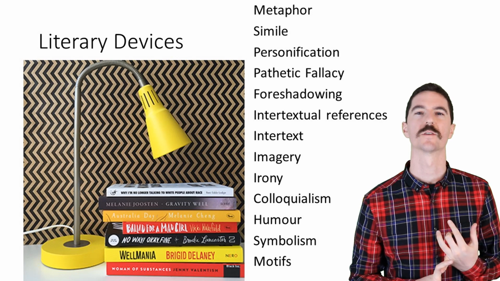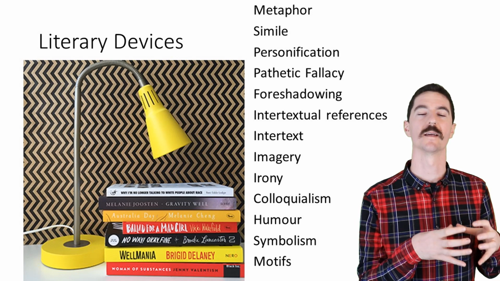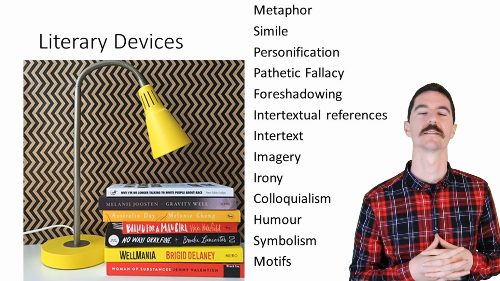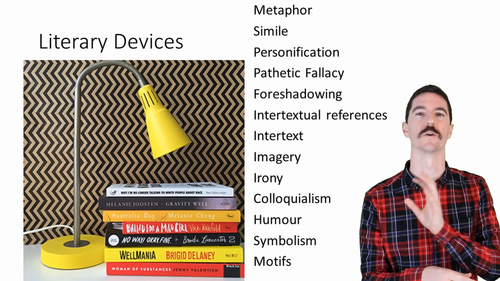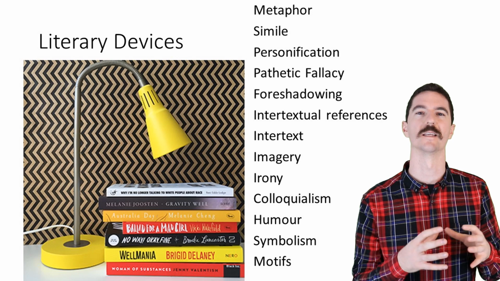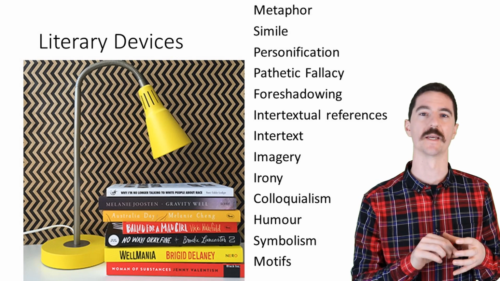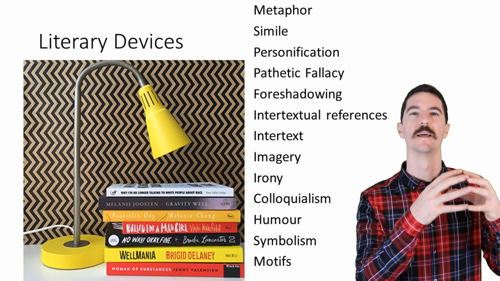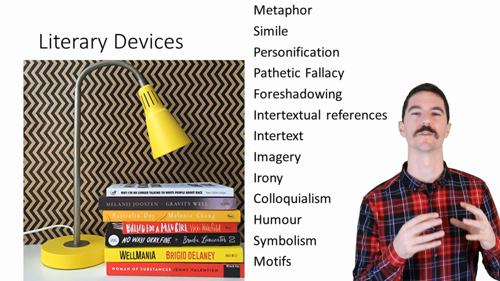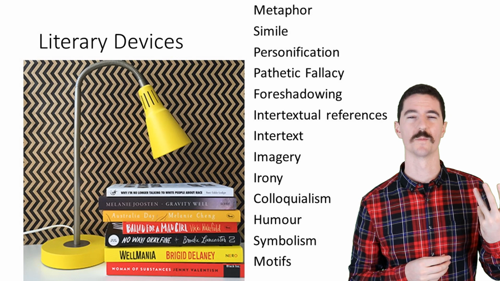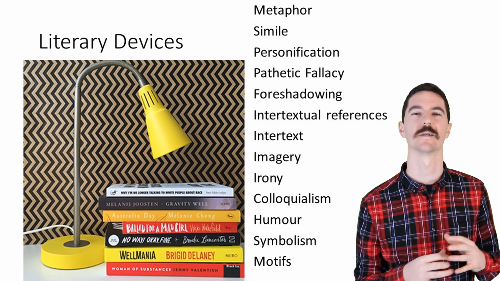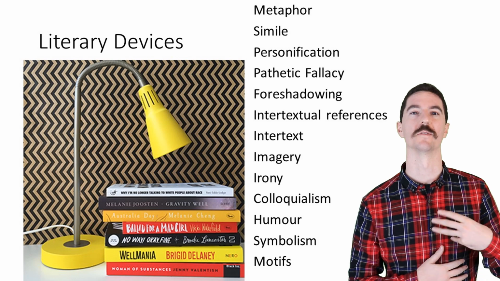There's a couple of intertextual references, so this is basically when one text, this book, references another text or another series of texts. Could be a movie, TV show, book, magazine, anything really that takes you from one text and makes a connection to another text. While intertext is exactly that, so it's those texts directly quoted or sampled within the story. So there's one particular story that has a little nursery rhyme section in it that's all italicized, and that would be a really good example of intertext.